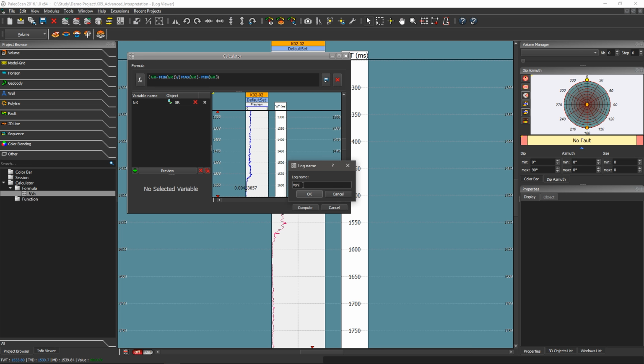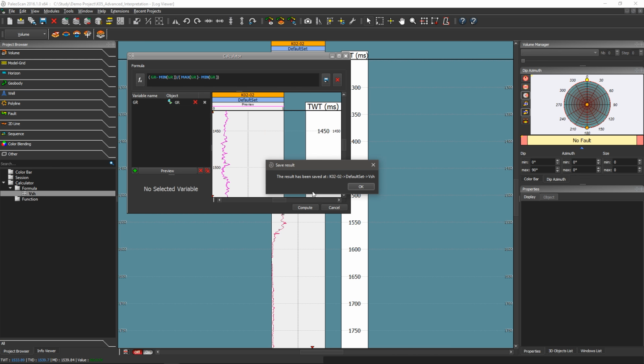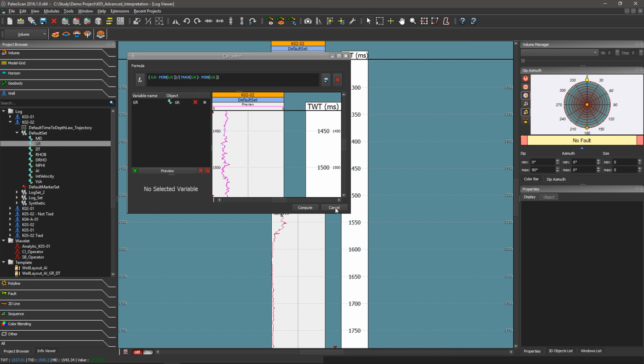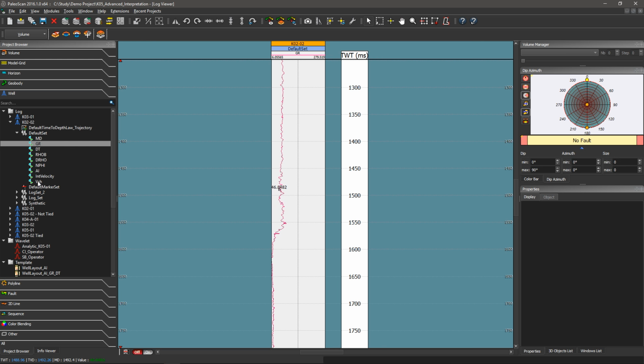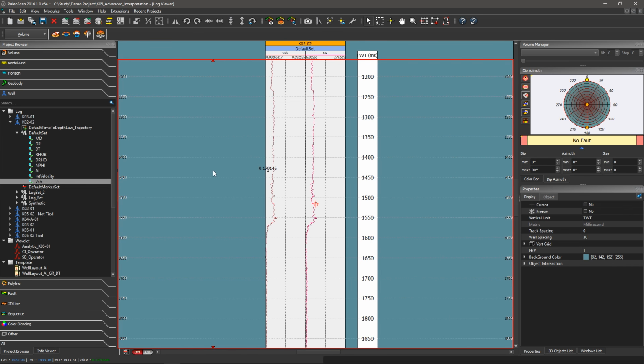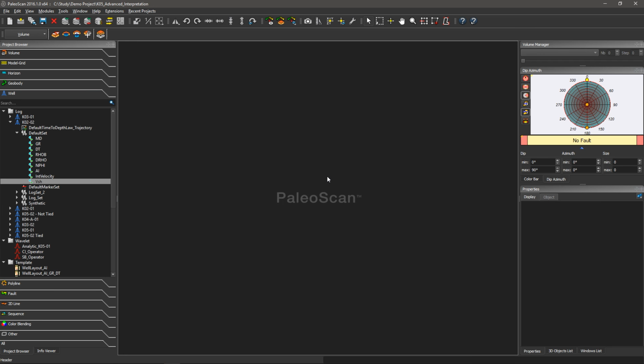And you can compute the composite log, which will be the output of the process. Once saved within the database, the new log can be matched within the log viewer with the input one. We are currently comparing the gamma ray with the volume of shale.